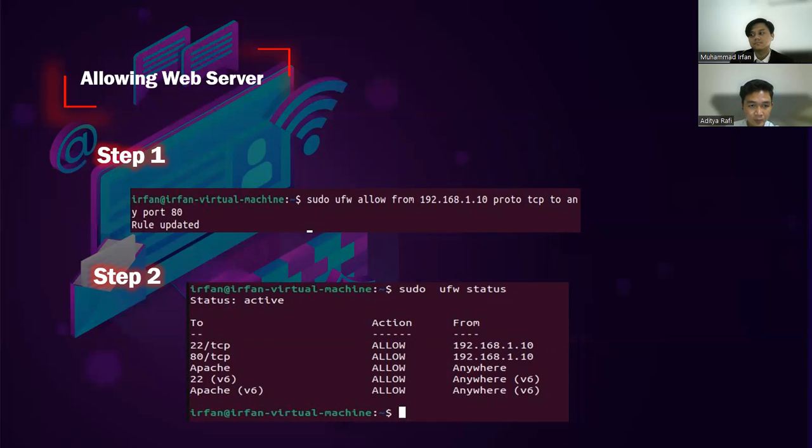Step 2, we enter the syntax sudo ufw status to view the update for the allowing rule on the firewall. And here, port 80 TCP is allowed by this firewall.